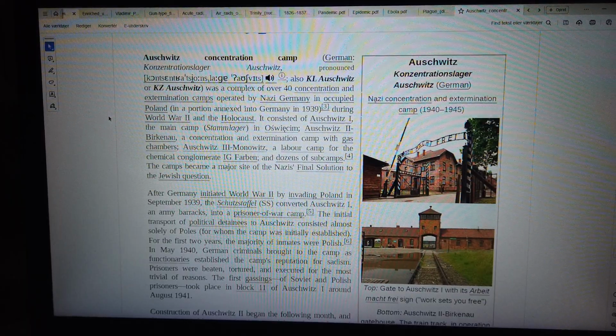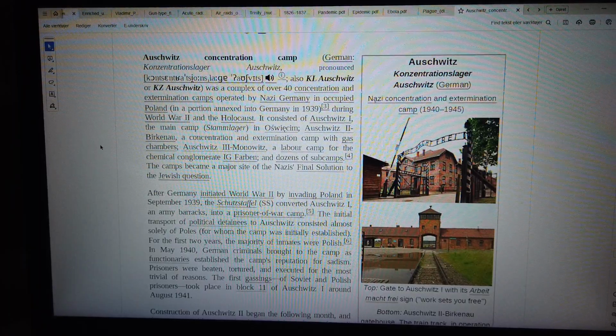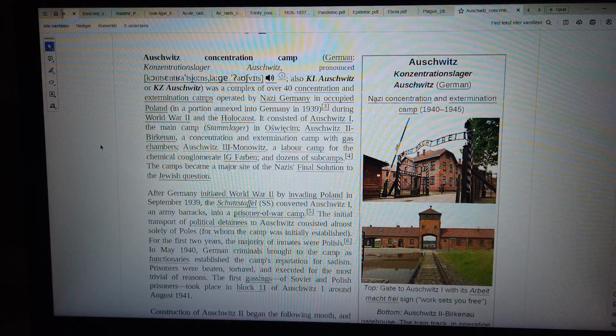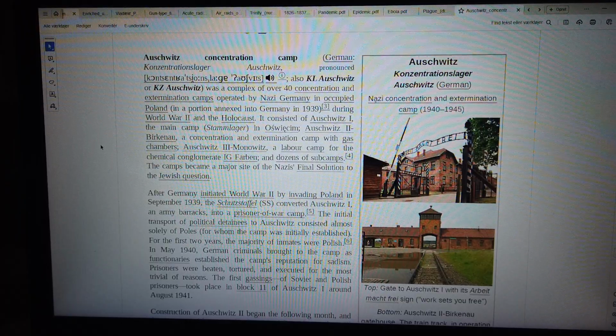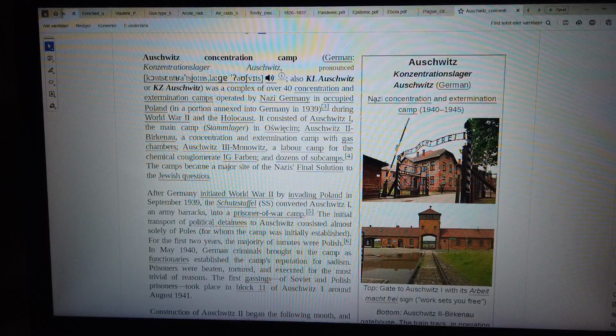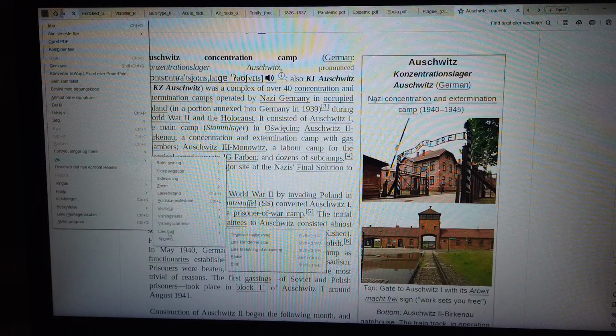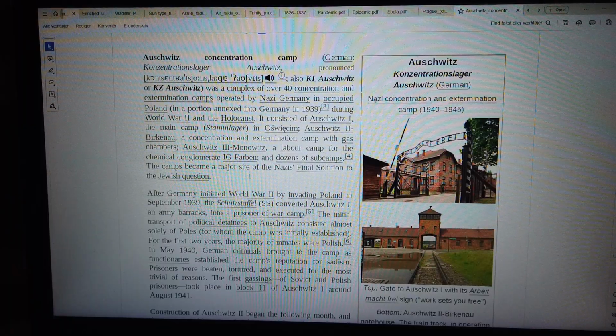After Germany initiated World War II by invading Poland in September 1939, the Schutzstaffel, SS, converted Auschwitz I, an army barracks, into a prisoner of war camp. The initial transport of political detainees to